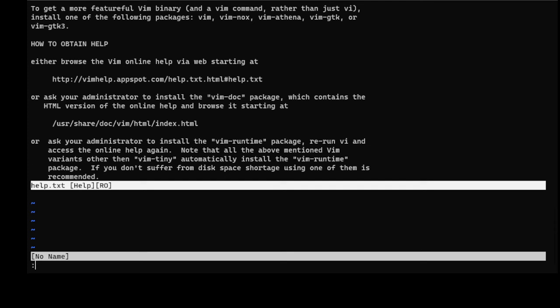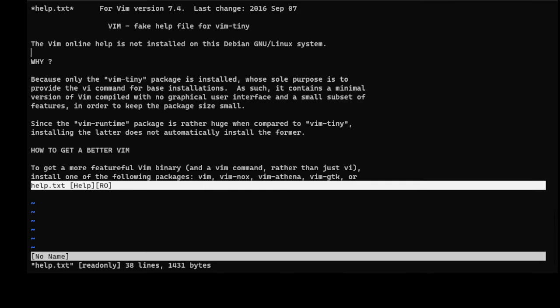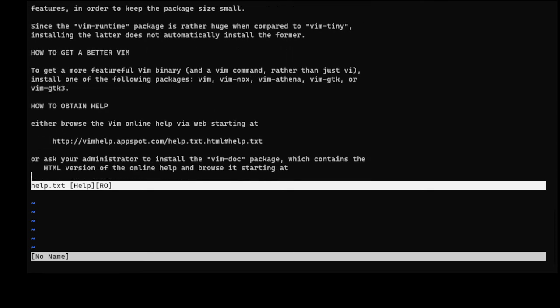And then remember you have colon and Q, and that gets you out of help mode. Okay, and then there is graphical Vim, which you can get. It works the same way. It's just graphical, but I definitely would recommend using